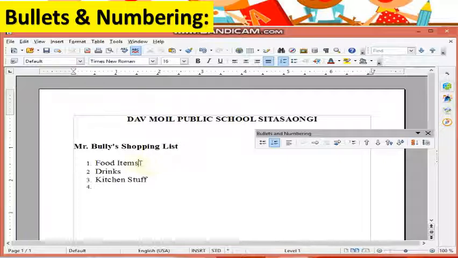First click here and then press enter, but we do not get the nested list. So for that we use the tab button from the keyboard. When I press the tab button, it goes inside the food items. Then we can write there, just like eggs, then again enter, bread, then again enter and write wheat.